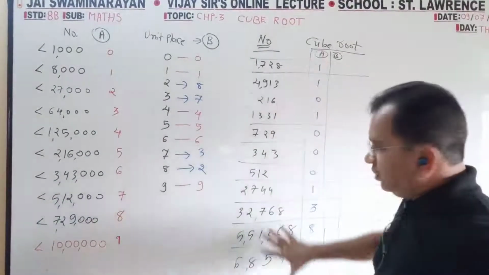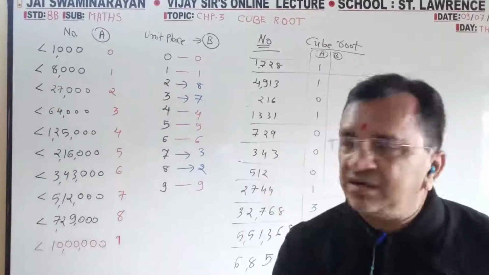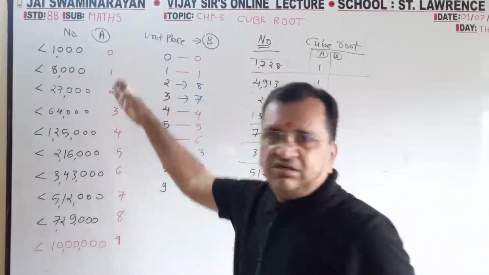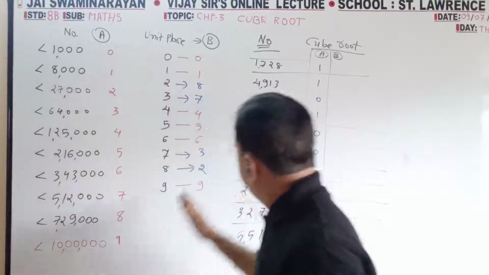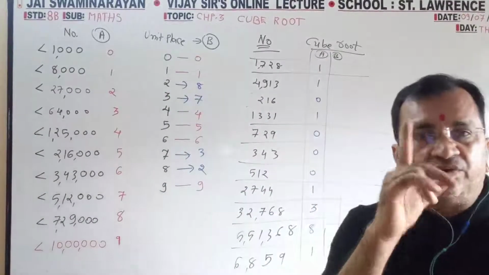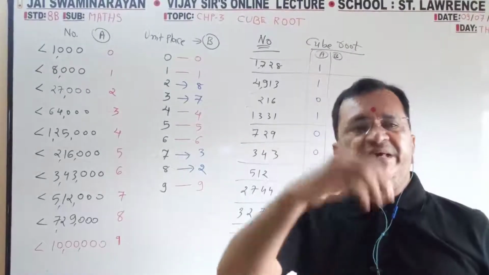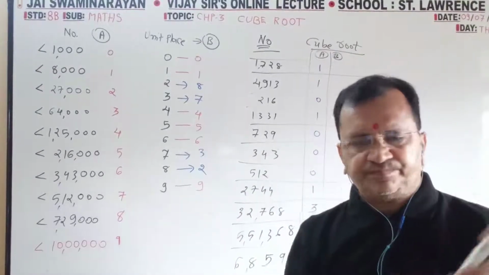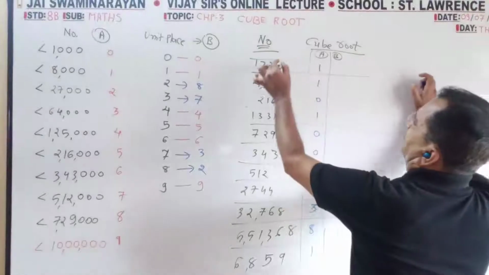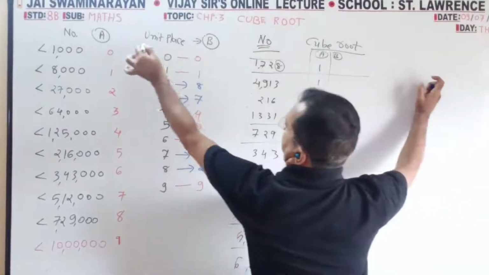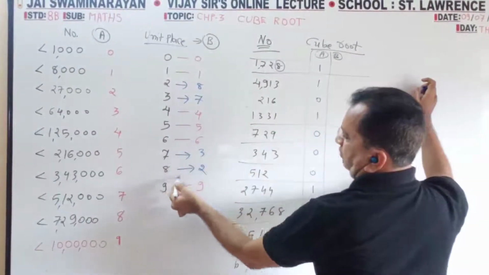So your overall big figure, the full number, comes under which condition? According to that, you have to write my red number here. That is A group. B group is very simple. The last number is 8, meaning the unit place, correct? For 8, what will you write? 2.